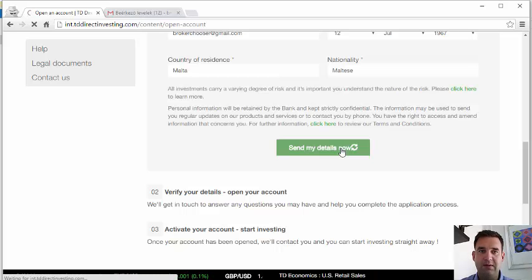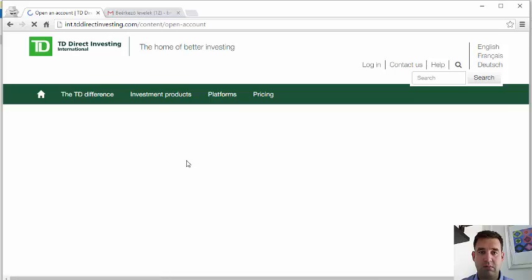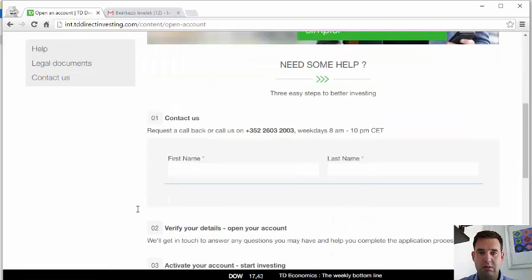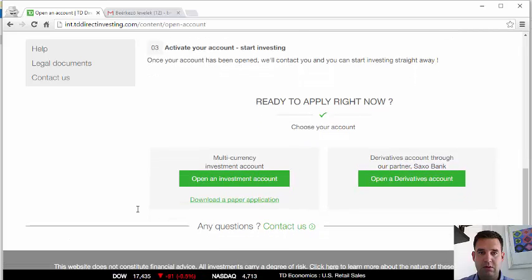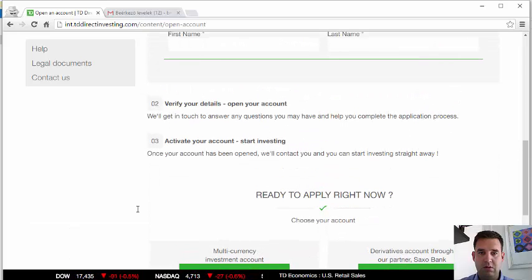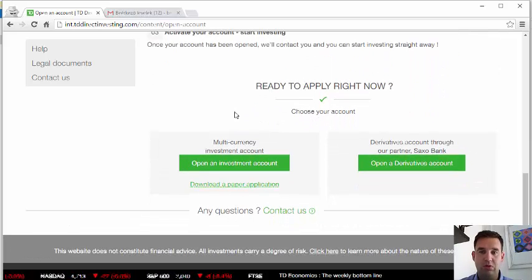After that, if I remember correctly, you get an email. Okay, open an account, go back to the form. Okay, what comes now? Okay, good. Now here you go, you can go either multi-currency investment account, which is going to be an